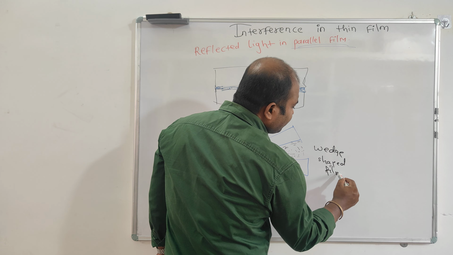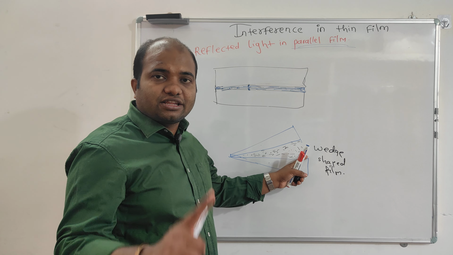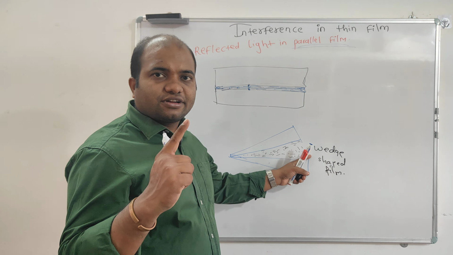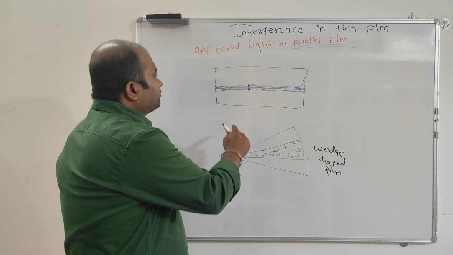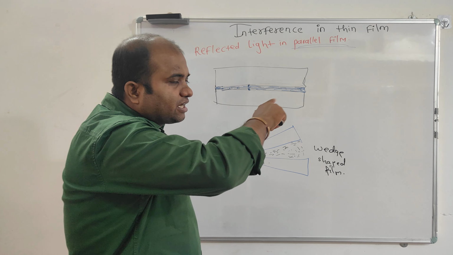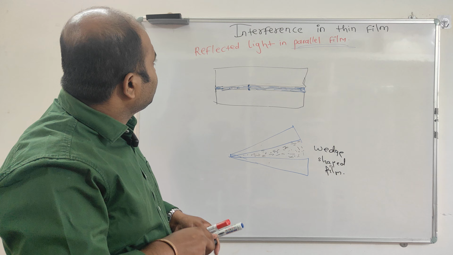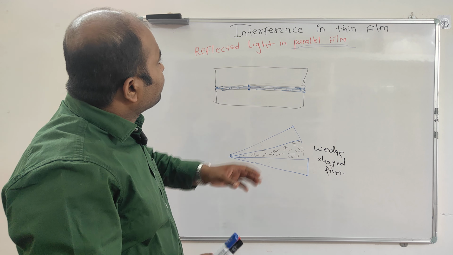Similarly, there are different types of film, but you have to remember the thickness should not exceed one wavelength of the light, right? 1 lambda. So this is a parallel film, and this is a wedge shaped film. Similarly, we have circular film also, but anyway, in our syllabus we are going to see only parallel film as